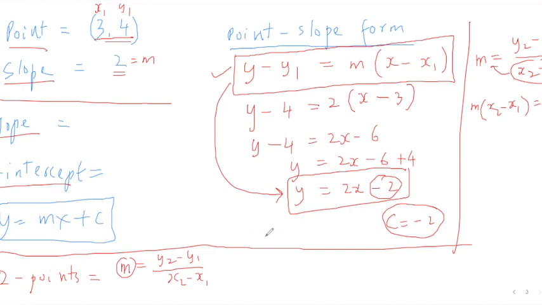Sir, when we are finding the equation when the point and slope are given, we can just substitute the values in the previous equation only, no? Why do we have to use this new method to find it? In y is equal to mx plus c, you said? Yeah, when we substitute the points, we get c is equal to -2 directly by writing 4 is equal to 2 into 3 plus c. So 4 is equal to 6 plus c, and c is equal to -2.